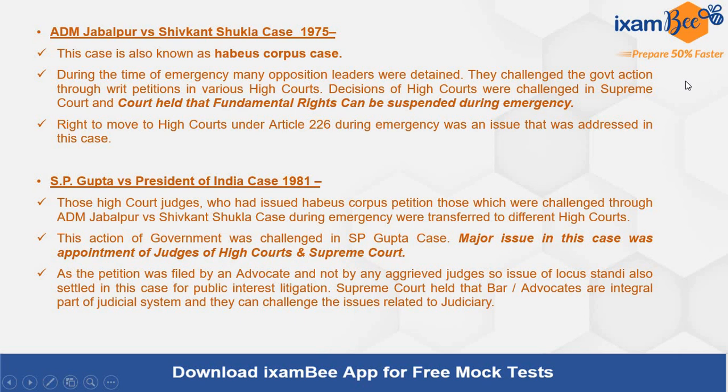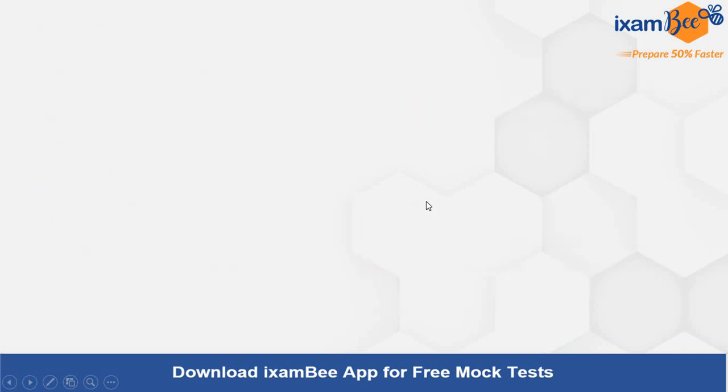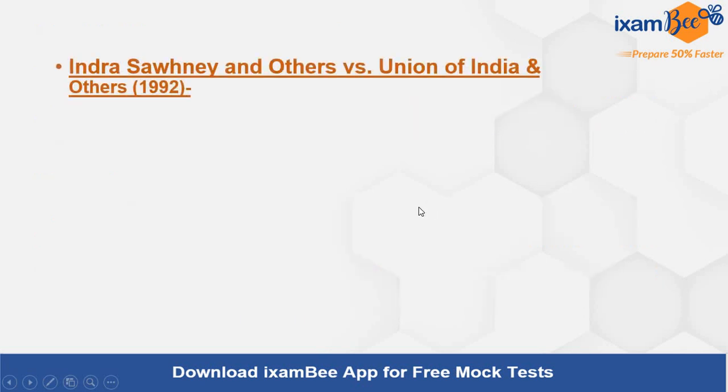Here there is one more case, the Advocate on Record Association, which I am remembering right now, you should read that also. There are many cases. In constitutional law there is no limit. Still, I have tried to cover different areas of cases so that you get an idea. If you remember related cases too, you can read them simultaneously.